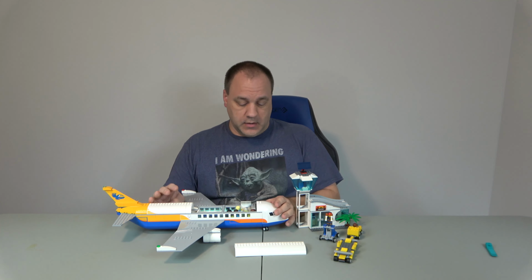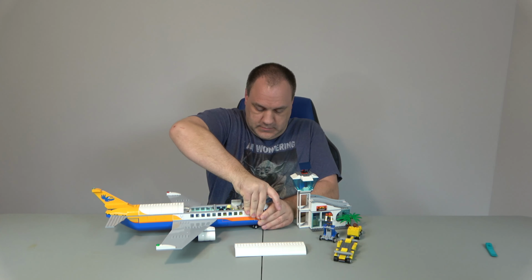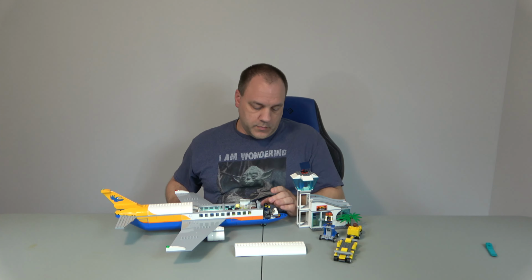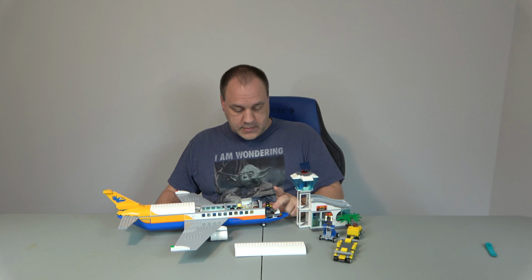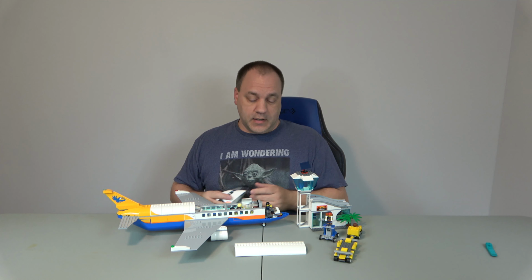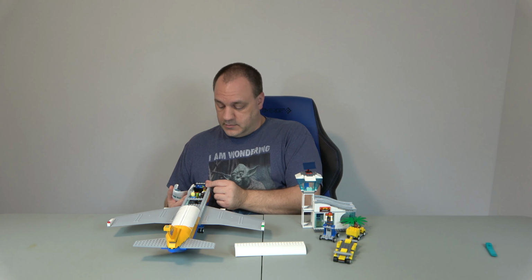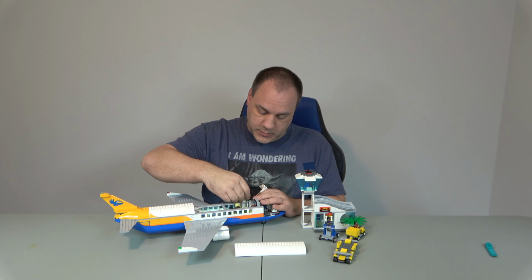Playability is a 10 as well. You know, you've got the cockpit here, and if I could get this off. No such luck, huh? There we go. So, you've got these controls, and these are different controls than anything Lego's ever done before. It has the kind of double handlebar thing, and it's got the levers here. It looks just like what they have in airplanes to take off the throttle for the engines. So I think that's awesome. I love the little mapper here that tells you where you're at along your trip. I love the fact that it comes with the door that when this thing is on works perfectly, and you've